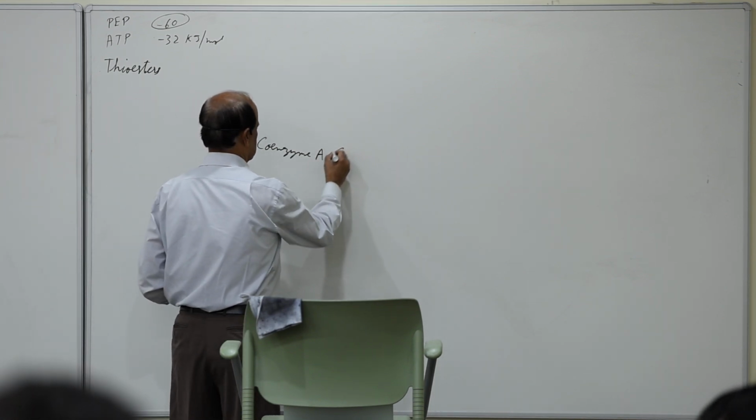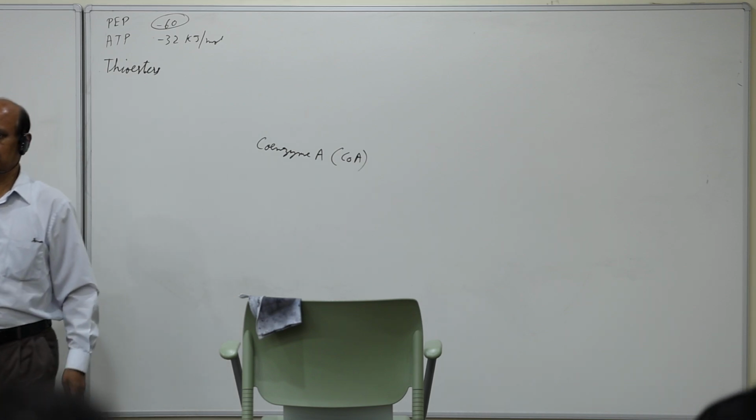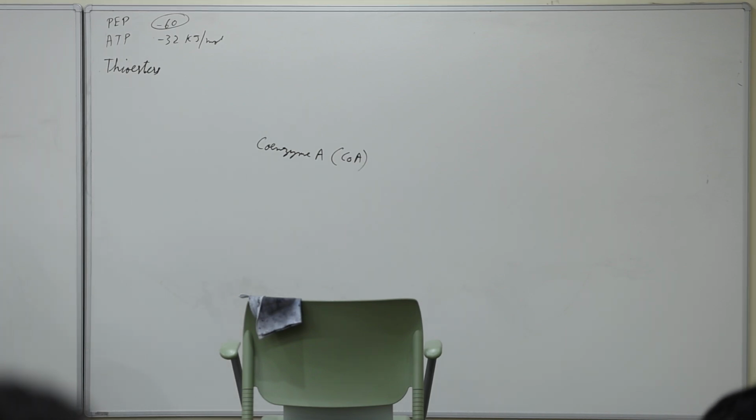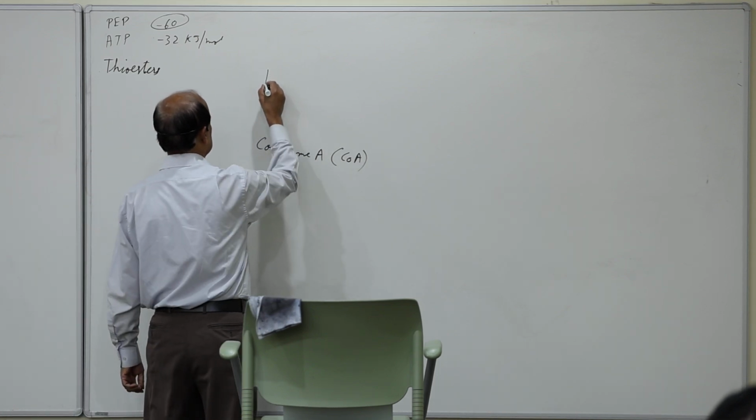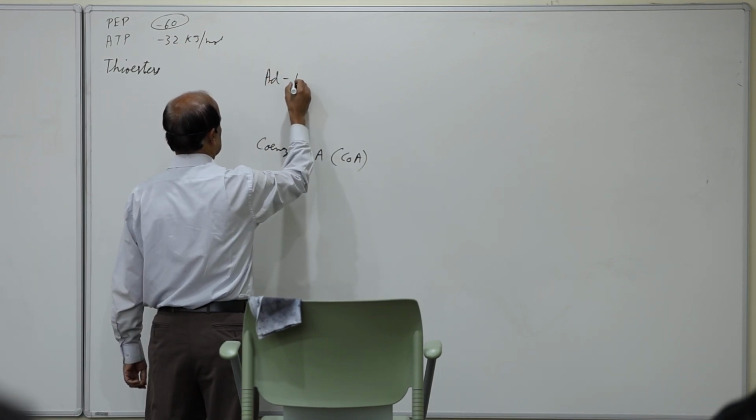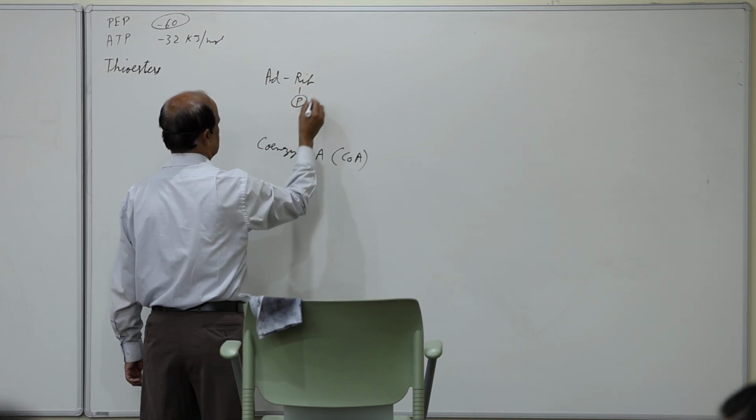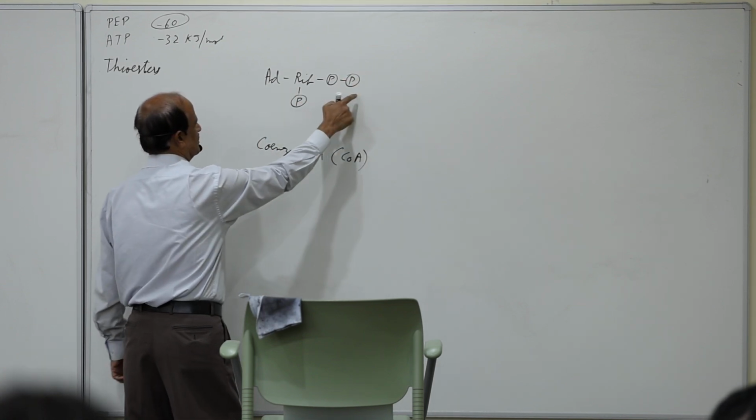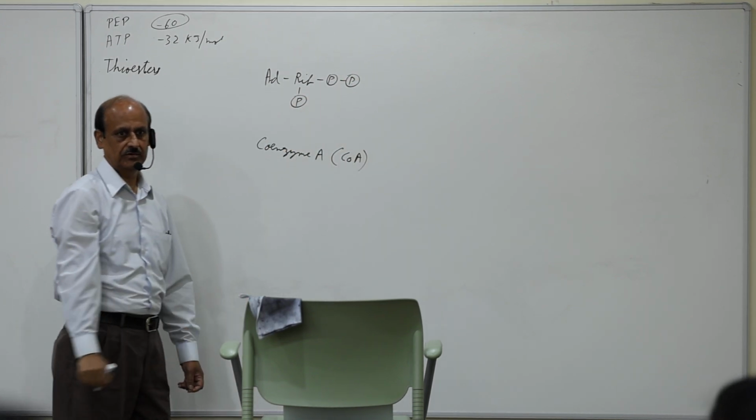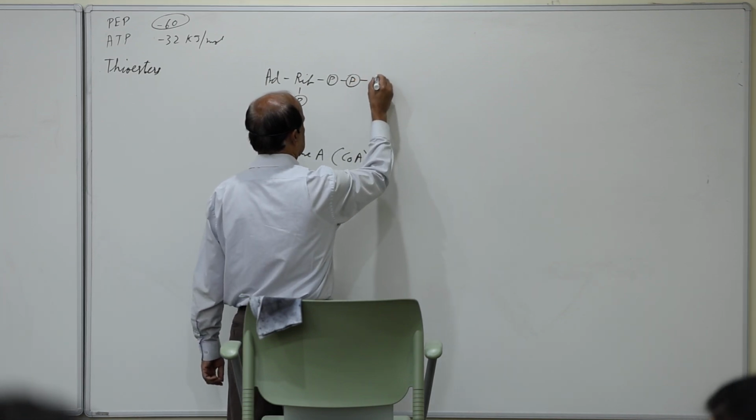Coenzyme A is also written as CoA. Coenzyme A is a relatively large molecule. We won't go into the structure, but it has adenosine, then ribose, and the ribose has an extra phosphate also, and then another phosphate and another phosphate. So basically it is ADP with one more phosphate, and then it is attached to